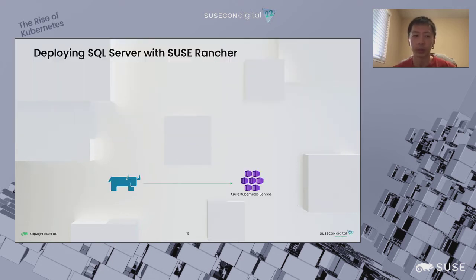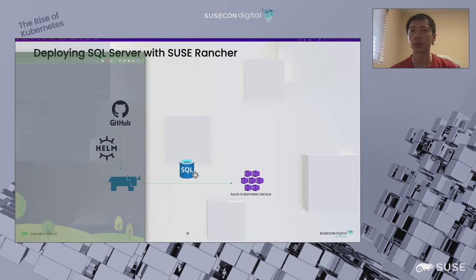As a quick preface to the demo, we have a Rancher cluster here and an AKS cluster that it is managing. And Rancher is actually running on AKS itself, but it can run on any Kubernetes cluster. I already deployed these two clusters and installed Rancher on the local cluster, since it takes some time to spin this up. What we'll be doing for the demo is we'll take a SQL Server Helm chart from the repo, add it to Rancher, and then deploy it to the cluster. So let's see this now in an actual demo.